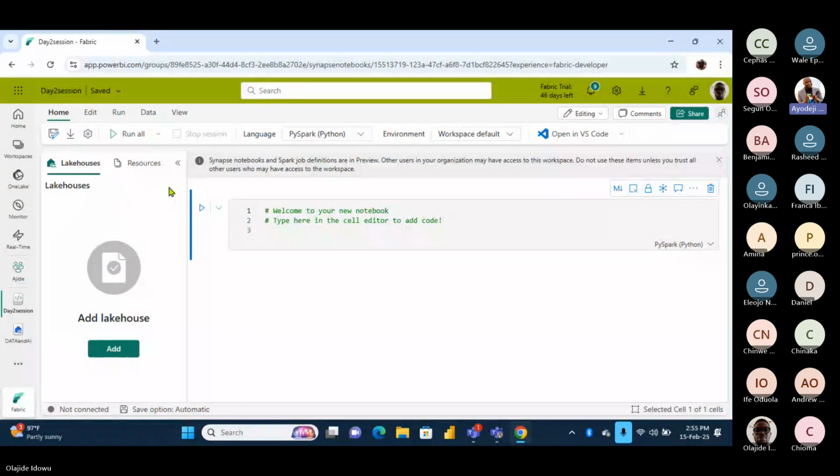Now we have the language there. Jide, you can help me drop down the language. The default language that we showed there is PySpark, which is Python. When you drop it down, you will see the languages that I mentioned. One of them is Scala. Another one is SQL. Another one is R. I think I'm right, Java is not yet within Fabric.